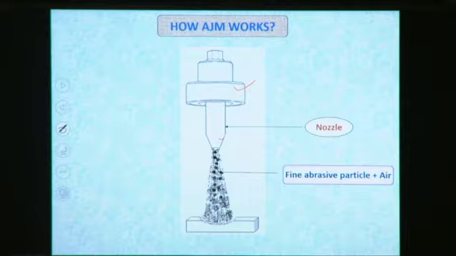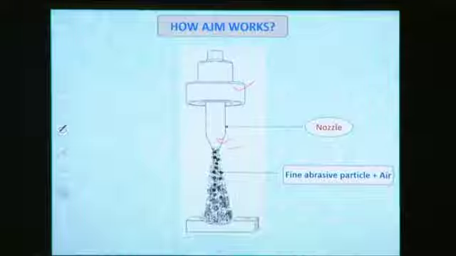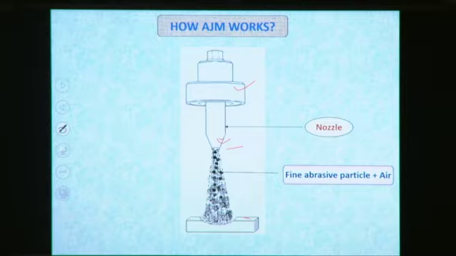These abrasive particles are actually in the micron size, and they are homogeneously mixed inside a mixing chamber. The mixture comes outside through this nozzle. From here to here is called the nozzle tip distance, or stand-off distance. These abrasive particles in the base medium of air come with a very high velocity, around 300 meters per second or more. These fine abrasive particles and the air mixture come outside through this nozzle with a